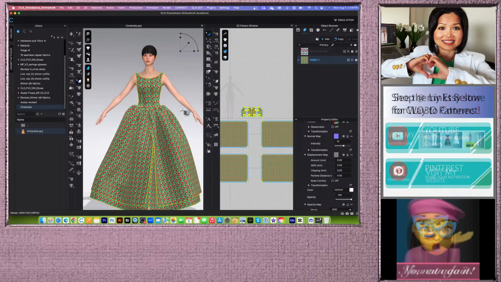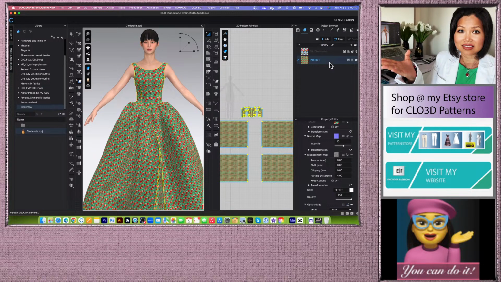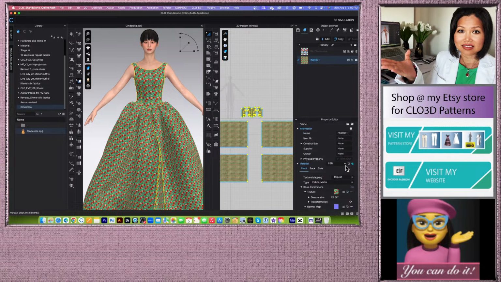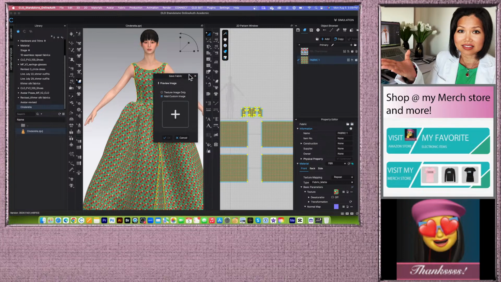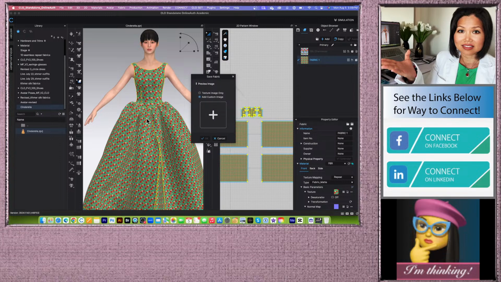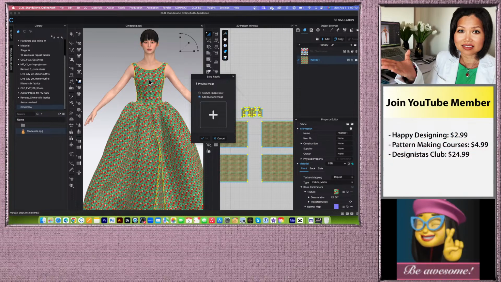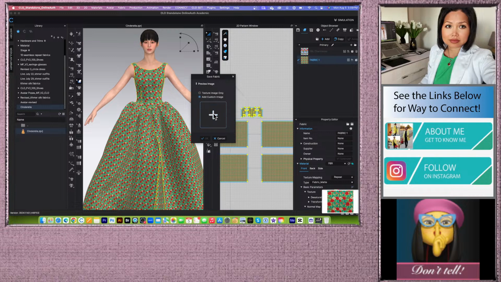So let's say you love this fabric so much and you want to save it for the future. You can click on that fabric and then come down here, and you see this folder. One is for open and one is for save. You want to click on the one you want to save. So right here I have texture image only or add custom image. What I need to do here is take a snapshot of this fabric. So I'm going to use my snapshot tool here and get this part just a little bit. So now I have the snapshot, and I'm going to click on the plus sign here